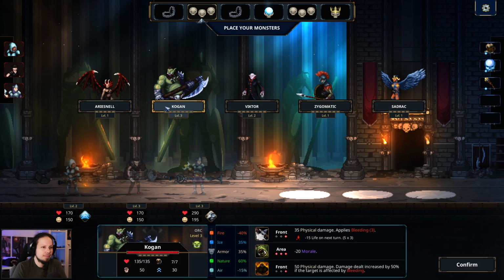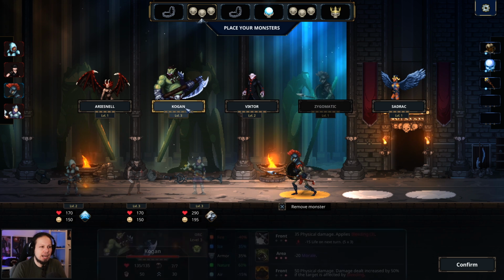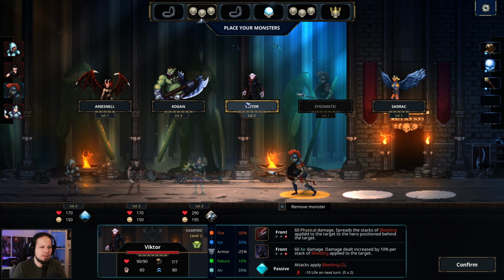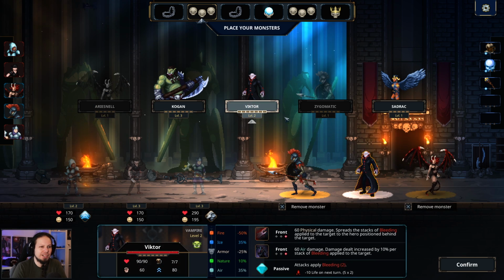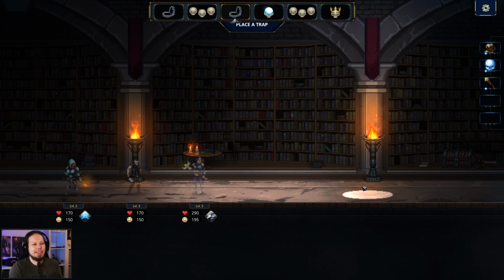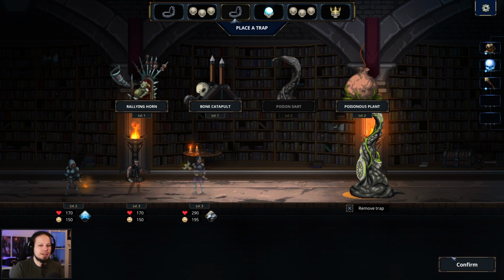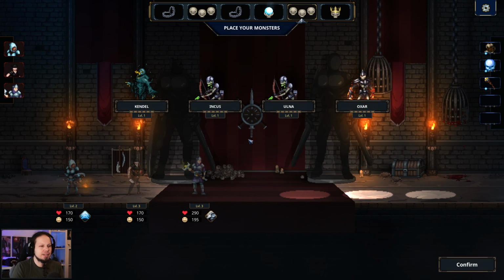Oh, that's perfect. We're gonna start with the circular saw, 100%. Oh, that's so good. So, air damage, nature damage, and fire damage to the back. Ooh. Air and nature. I put you to the front, that makes a lot of sense here. Fire damage to the back. I mean, I could put you over here, but I also want Victor. Let's go. Let's play it like that. That's the poison dart. Pretty good. Then we have the spell room and...